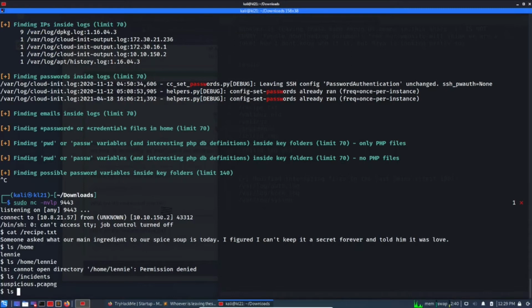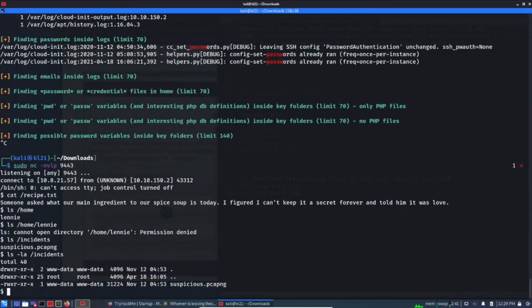Okay, let's see if anything else is in this directory. Incidents. No, this is the only file. So we need to download this file. So copy this /incidents/suspicious.pcap.png file